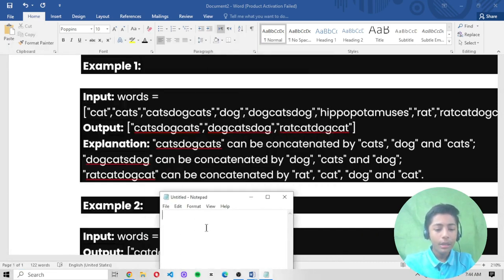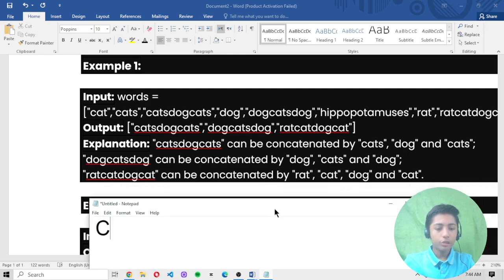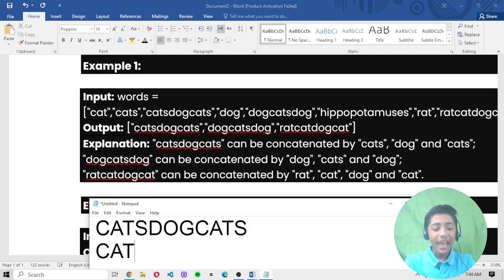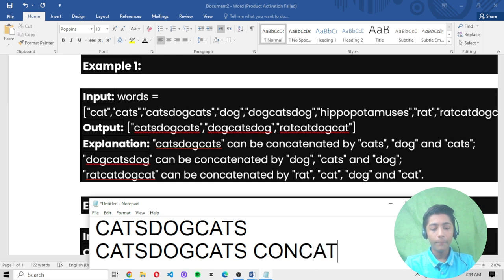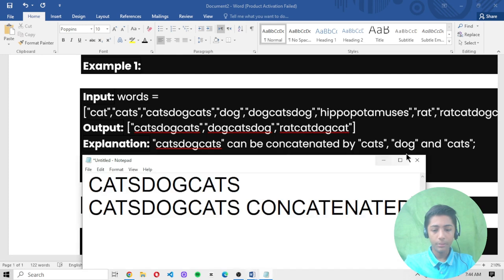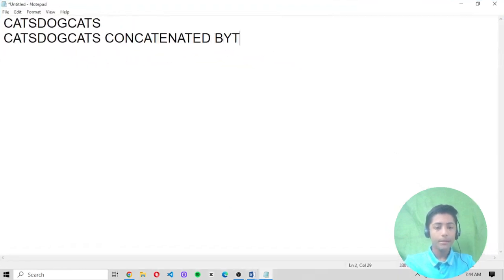The first output has been coming catsdogcats. Why? Because catsdogcats is concatenated by cats, dog and cats.